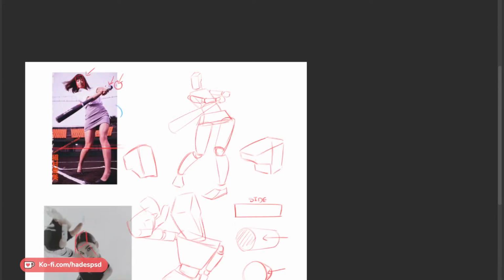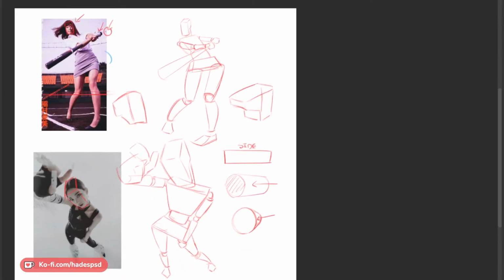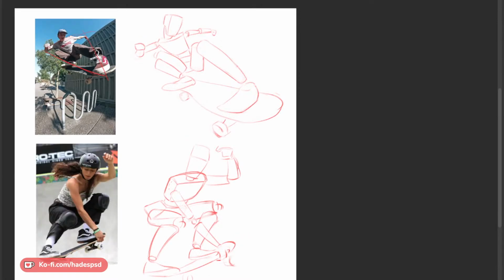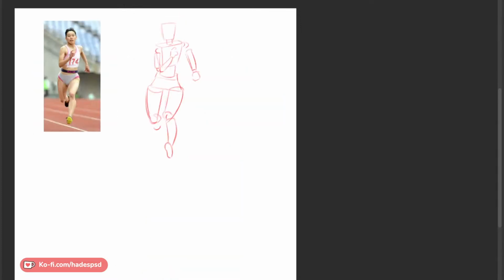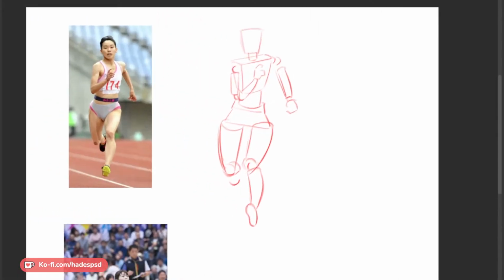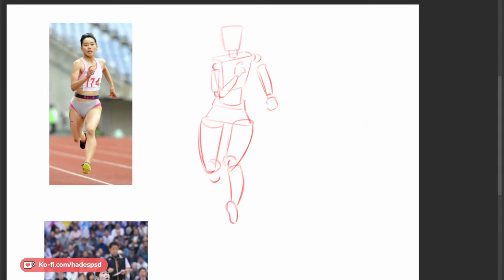Good stream. I still got 3 more poses. Maybe we'll do it next week. Maybe we'll do something else next week. I don't know. But yeah, nice chill stream. I really challenged myself with these foreshortening poses. I know this pose looks simple, but for a long time I really found it difficult. I still do.